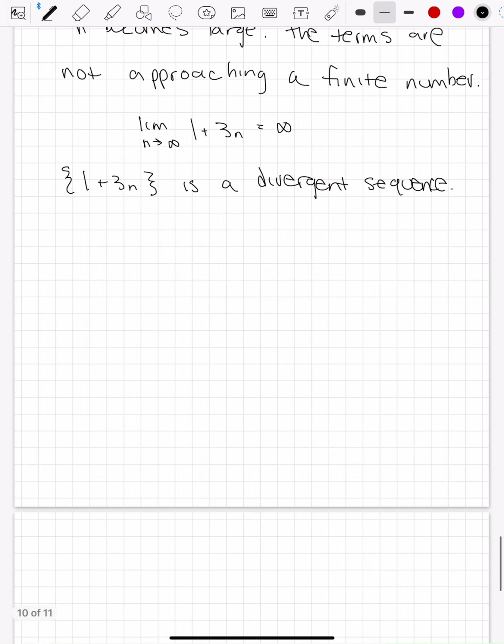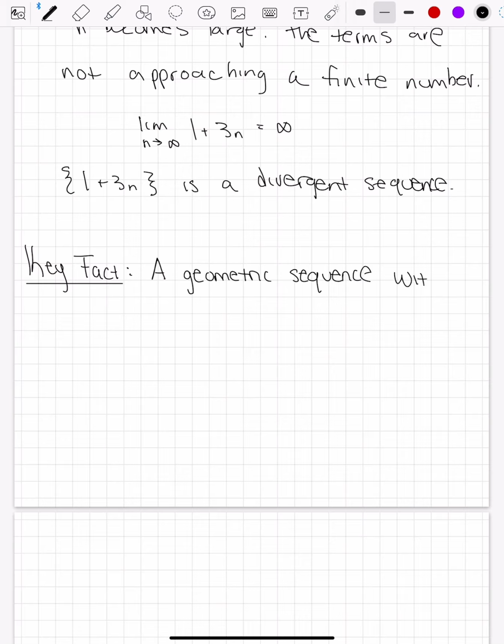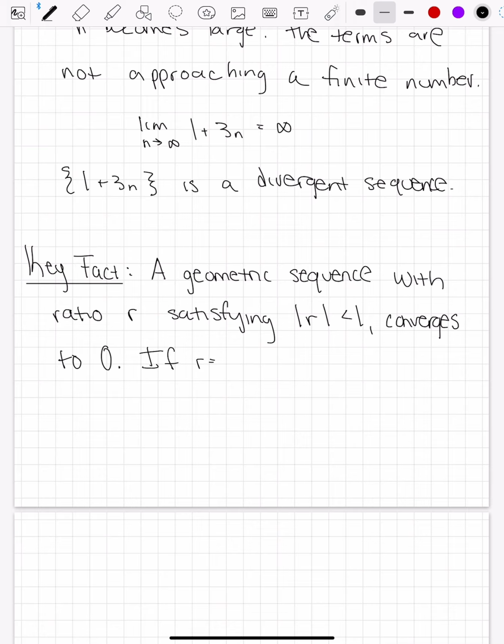So one thing that's interesting for geometric sequences, one key fact, right? This is specifically only for geometric sequences. Whether it converges or not is going to depend on the value of the ratio r. A geometric sequence with ratio r satisfying that absolute value of r is less than 1 converges to 0. And then if r is equal to 1, the sequence